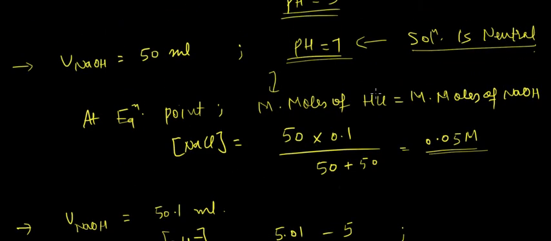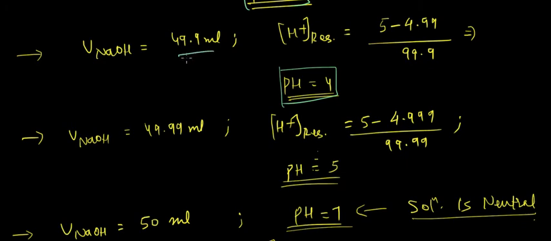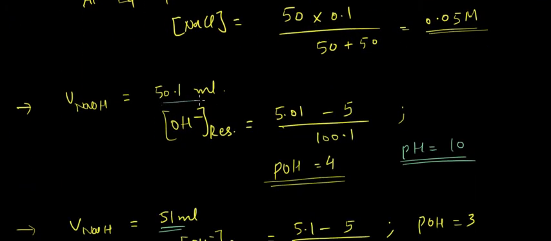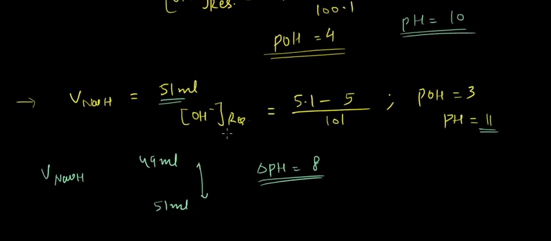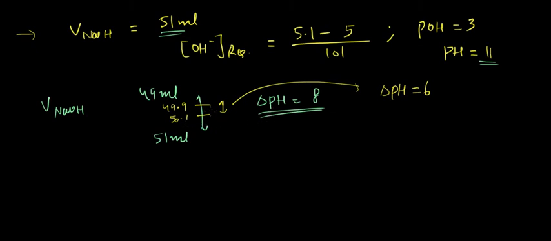So between 49.9 to 50.1 pH changed from 4 to 10, so delta pH was 6. Okay, so this is the level of accuracy that should be maintained